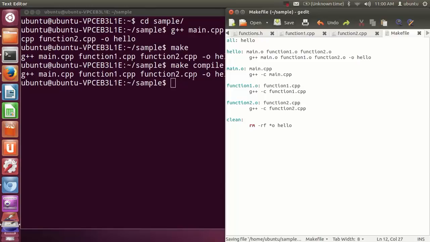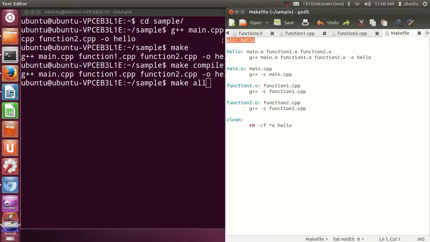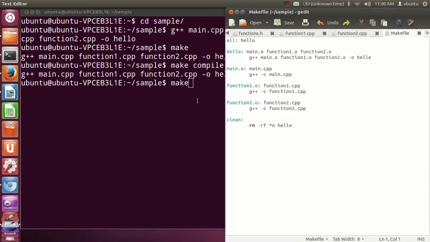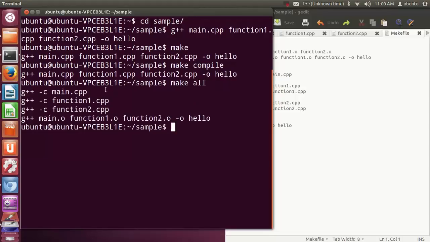So let's save this and let's compile it. I will write make all. If you write make all, it will go to this first target, because this first target name is all. Or you can give the command make also, because it will by default go to the first target, right? So right now I will show you this by make all and press enter, and you see here first